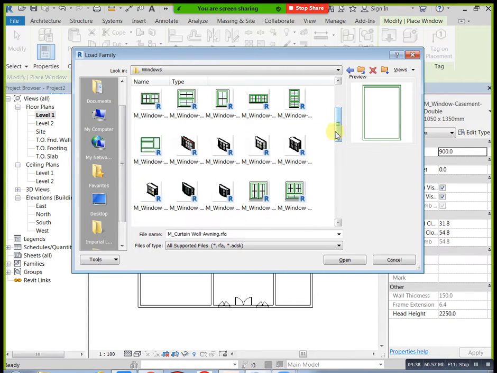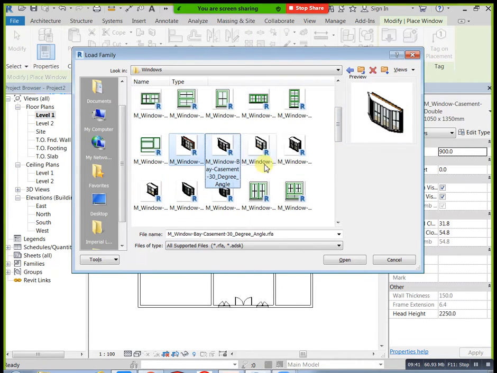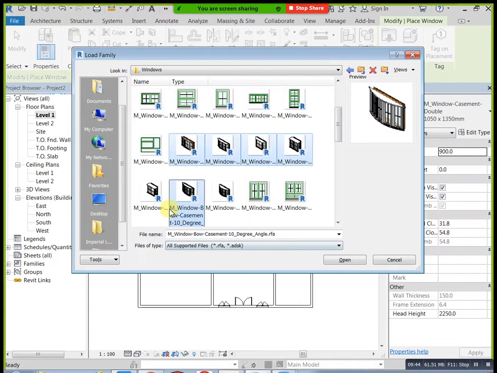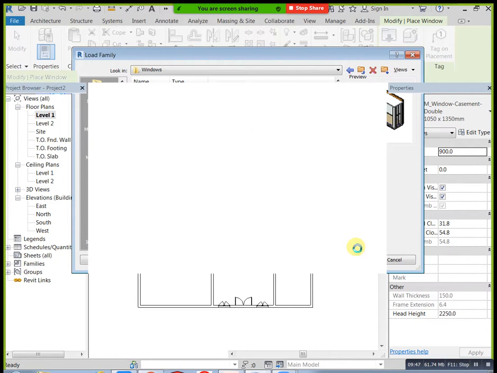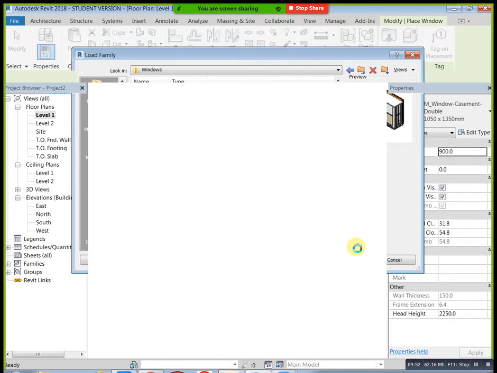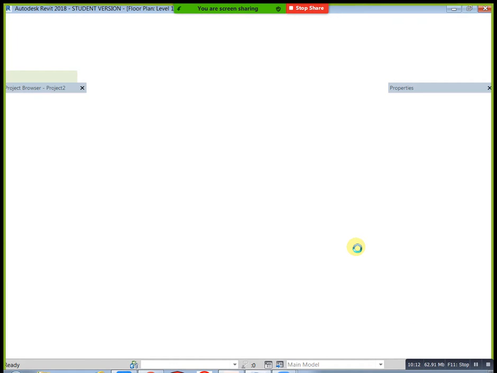You can load this up to this one. Okay, now loaded all items.